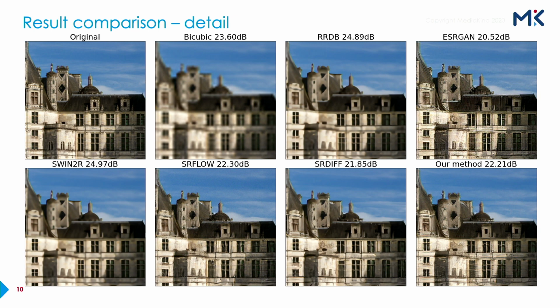So as I said, bicubic, RRDB, and SwinIR agree with the LPIPS. They look quite a bit softer. ESRGAN, which had the best LPIPS, you can see is actually sharper than the other ones, but some of that detail may look a little bit artificial. And then if you look at the three bottom methods, which are respectively the flow-based method, the diffusion method, and our method, they are quite comparable, even if they have quite different computational complexities.